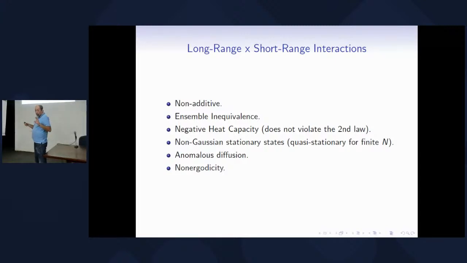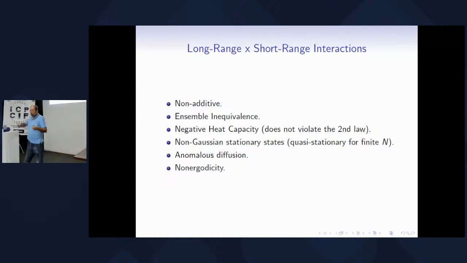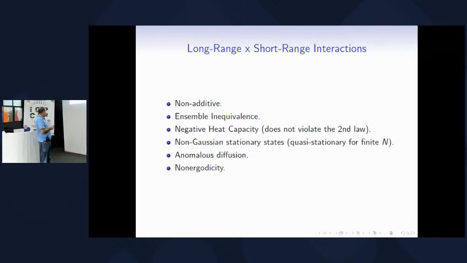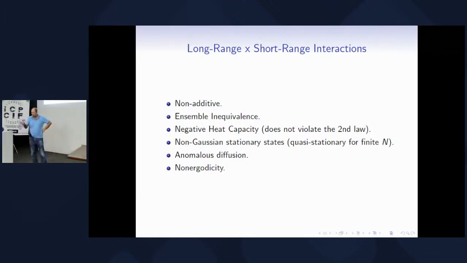But it doesn't always happen. In plasmas, the heat capacity is always positive. This happens in attractive systems. And they also have a very special dynamics when evolving to equilibrium. The time to reach equilibrium, which is really short in usual systems, is very long in those systems. It diverges with the number of particles, in fact.